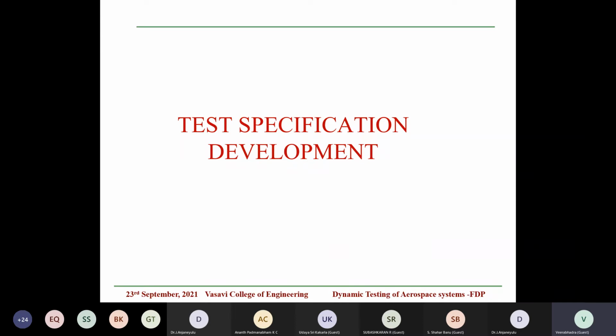Now, having seen the vibration testing philosophy and reduction methods, suppose we are doing a test at the initial stage of the project or the development of any system, and we don't have test specifications. We will go by some standards or other techniques. Once a system is flown or realized, you can do some measurements or collect some data. Once the measured data is available, how do you convert it into test specifications which can be used in ground testing for subsequent systems? I will be dwelling upon this test specification development.